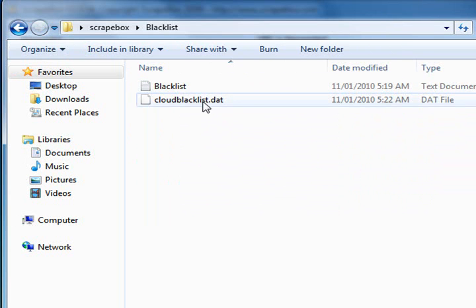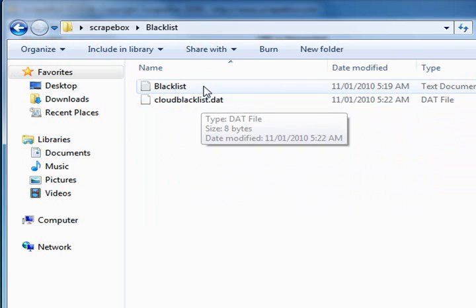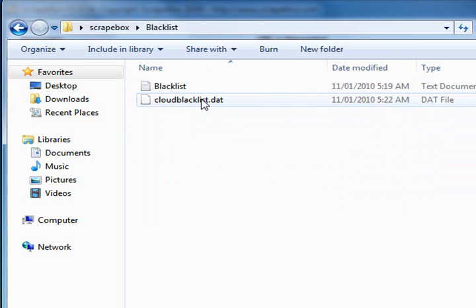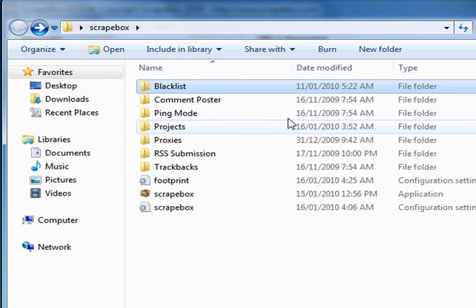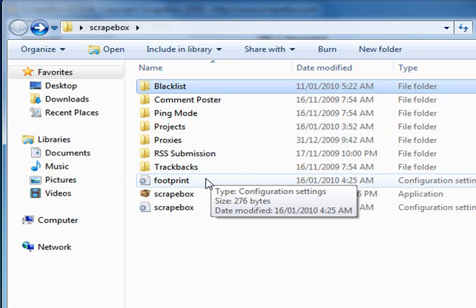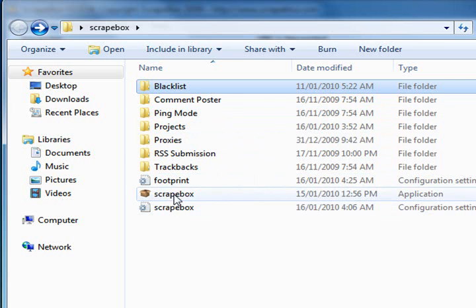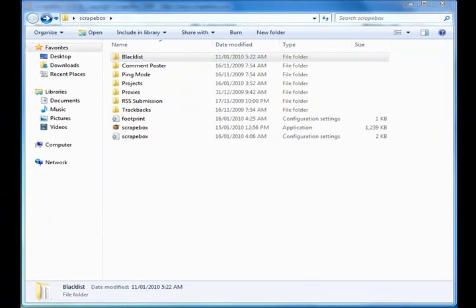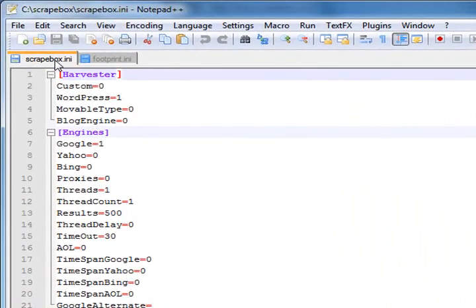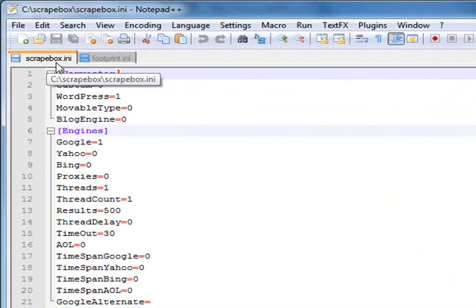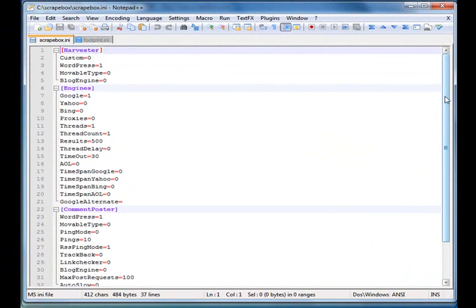Your blacklists, I've done another video on blacklists, so that one there's just a blocking list for ScrapeBox. If you see the other video, you'll learn all about that one. Also, you've got two files here, footprint and ScrapeBox. I've got both of them open. This is the ScrapeBox file. You don't really have to worry about that, but what it is, it just contains your